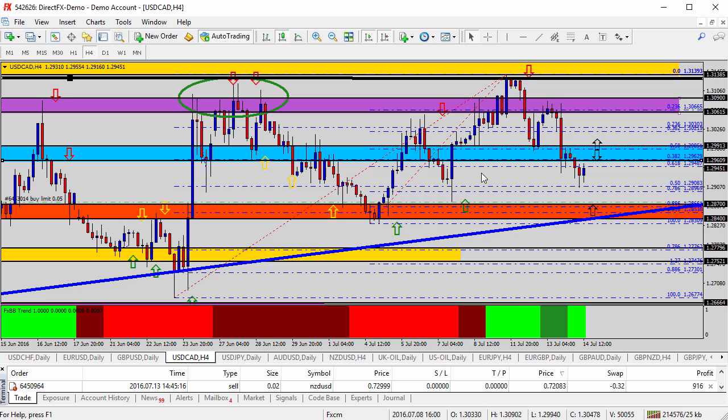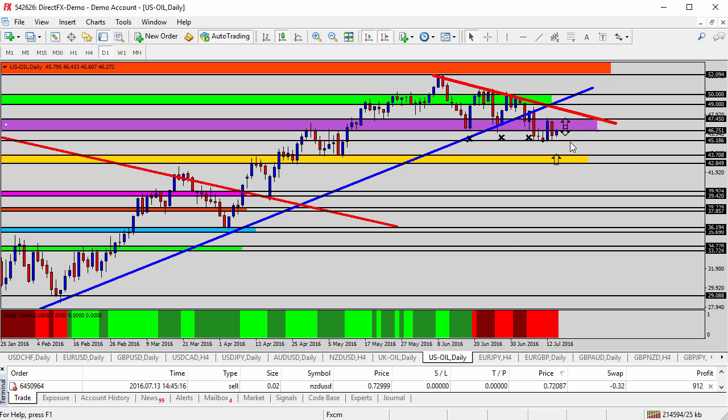One other thing that we've been discussing in the live trade room, of course, are the oil prices and how the correlation between rising and falling oil prices can affect the USCAD pair. In this case, if we're looking for this to go up, we'd look for falling oil prices. Well, if we just take one peek at one of the oil charts that we're looking at here,